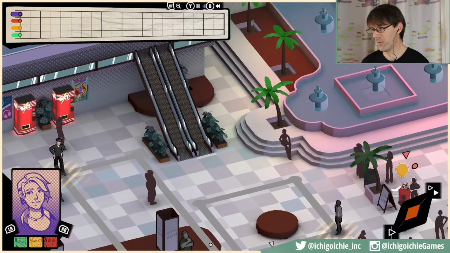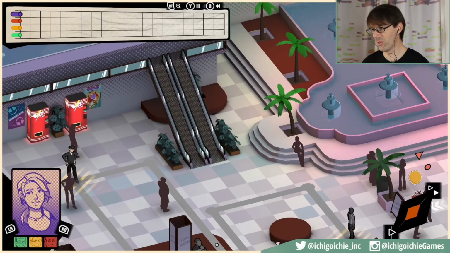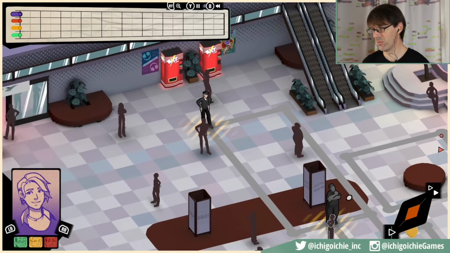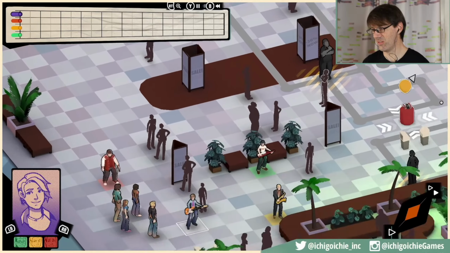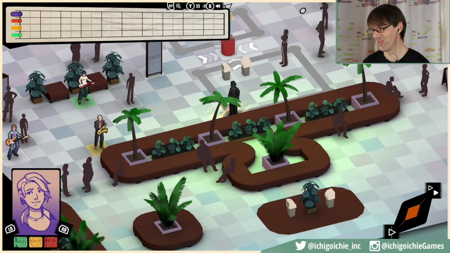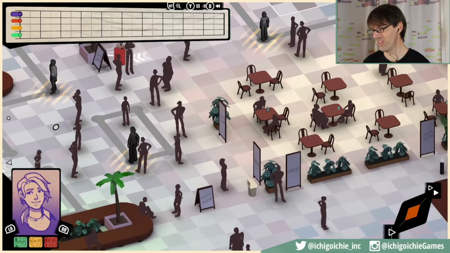Like most shopping malls in the suburban DC area in the 90s, it's not super huge. We do have escalators going up to a second floor, and we've got a bit of a fountain. We've got drink machines, excessive amounts of plants which were not naturally going to grow here scattered around, and people milling around in the food court area. There's the Orange Lazarus, which is the place in the mall that Powerslyde always goes to get a snack after they've had a gig. Down here we have one of the entrances to the mall.